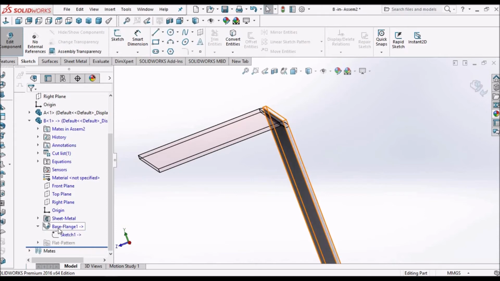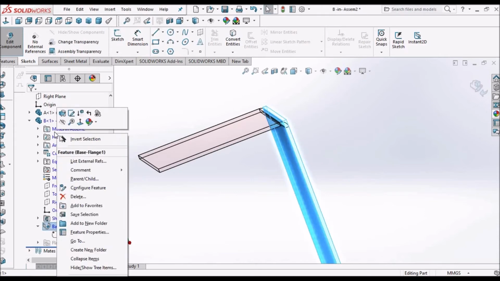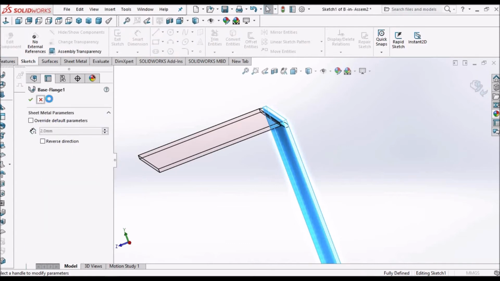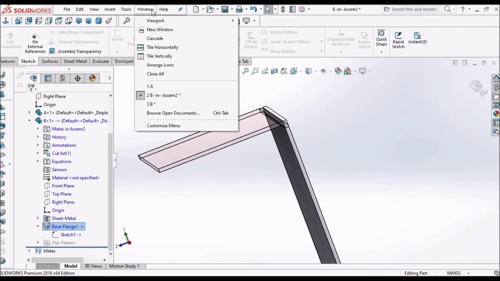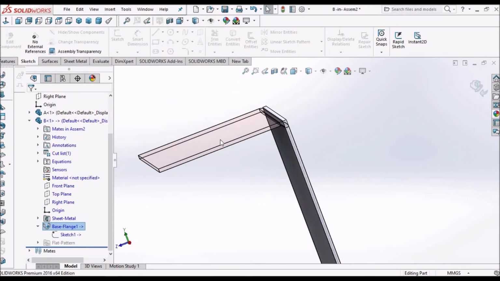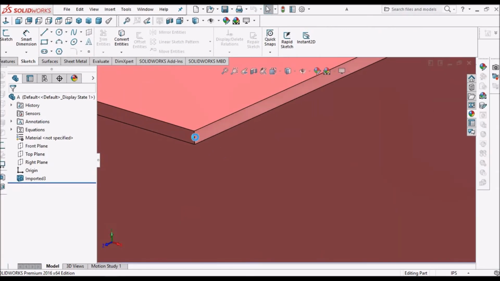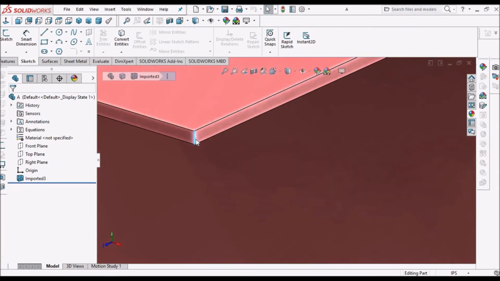See, earlier we have seen that this sheet thickness was 2 mm. When I go to edit, it is 2 mm. And our imported component also, it's 2 mm.